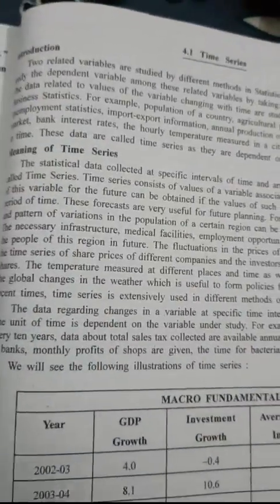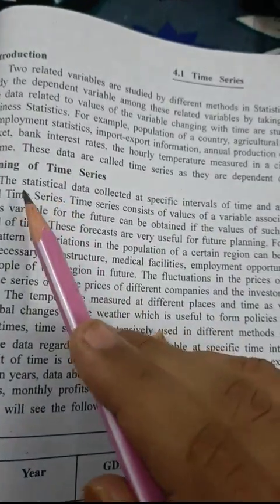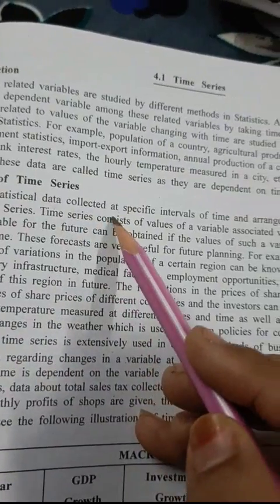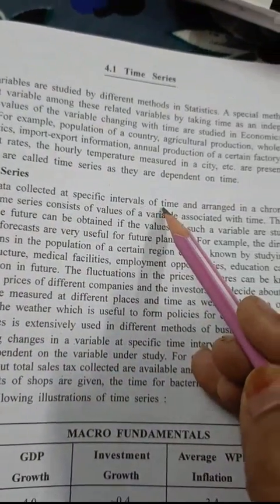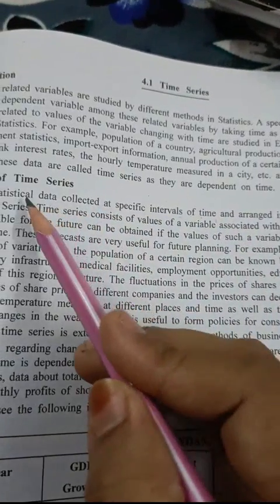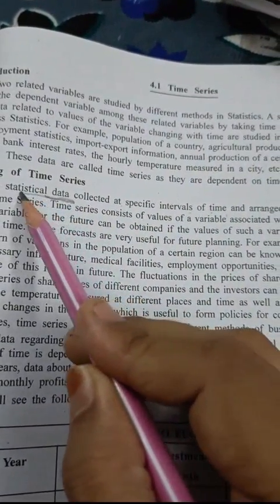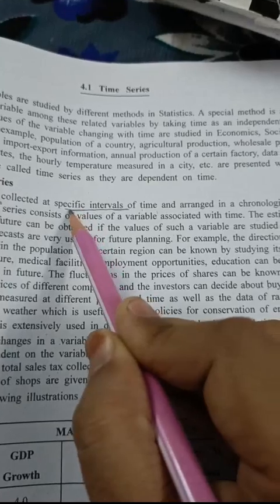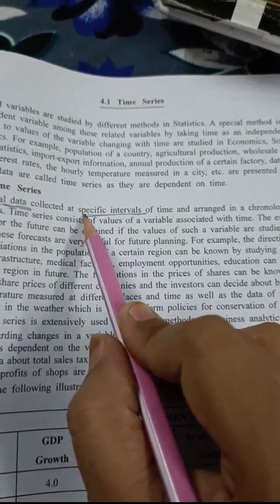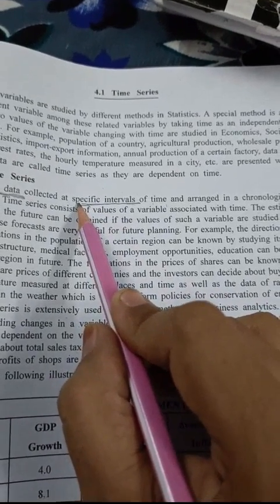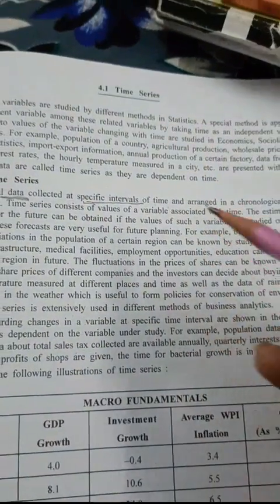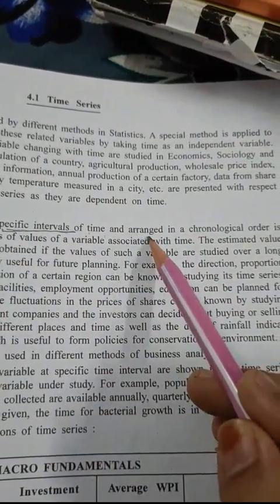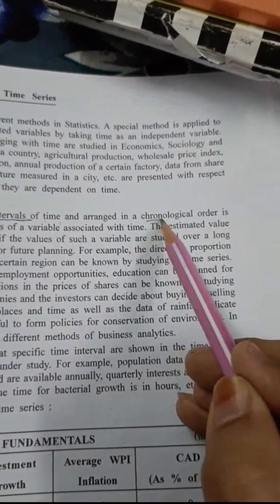We will see first its meaning. Meaning: the statistical data, this is your meaning, okay? The statistical data collected at a specific interval of time. What is collected? Data is collected. Statistical data is collected at a specific interval. Intervals are kept, a particular gap of a year: 1 year, 2 years, 3 years, meaning after a year's gap, data has been collected, and that data is arranged in